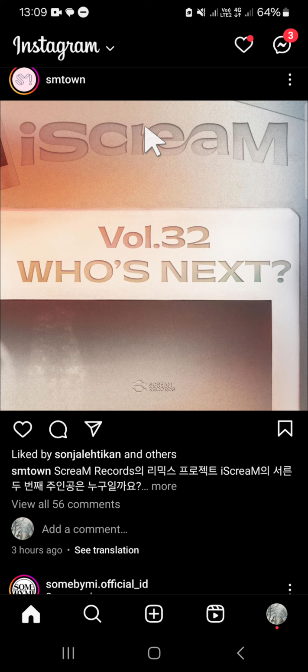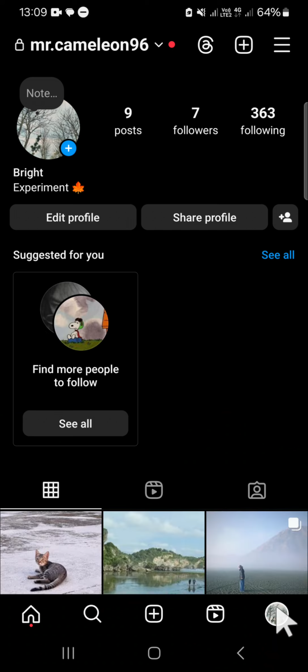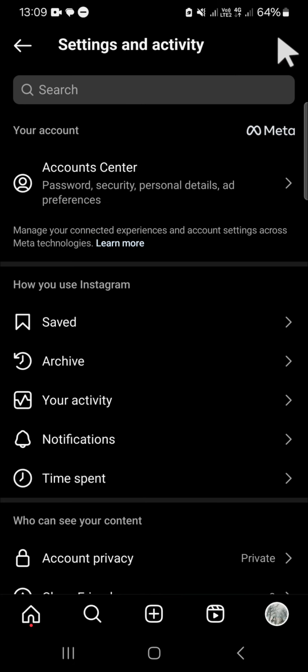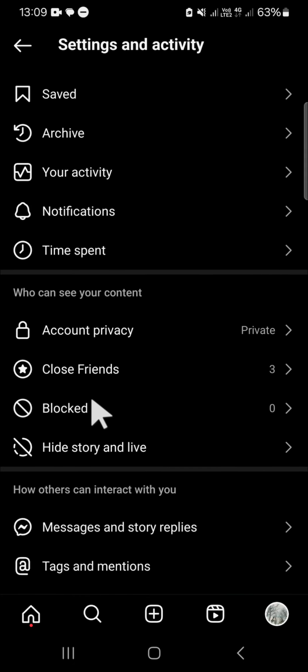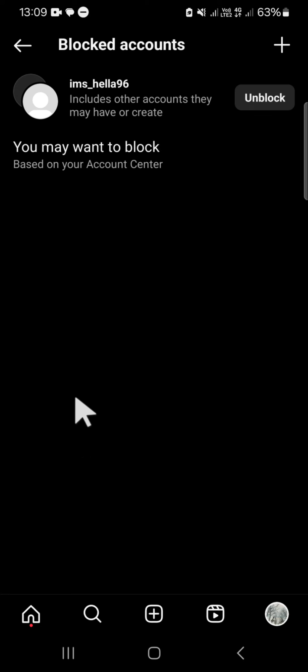Here I have opened my Instagram application, and if we want to find the blocked list on our Instagram, we have to go to the Instagram settings. First things first, we can go to our profile, and then on this profile, we need to click on these three lines on the top right, and here we just need to scroll down a little bit until we find the blocked option, this one, and we'll find the accounts you have blocked on your Instagram right here in the